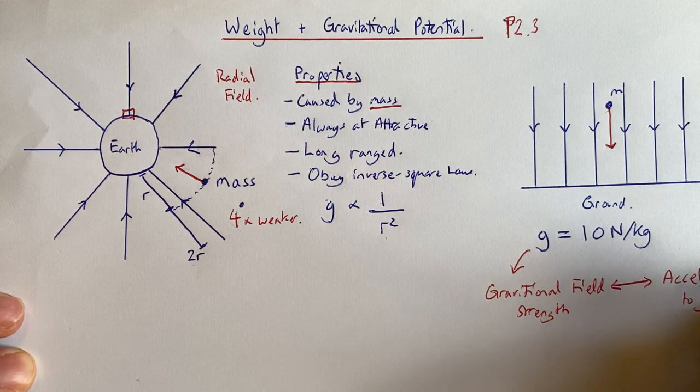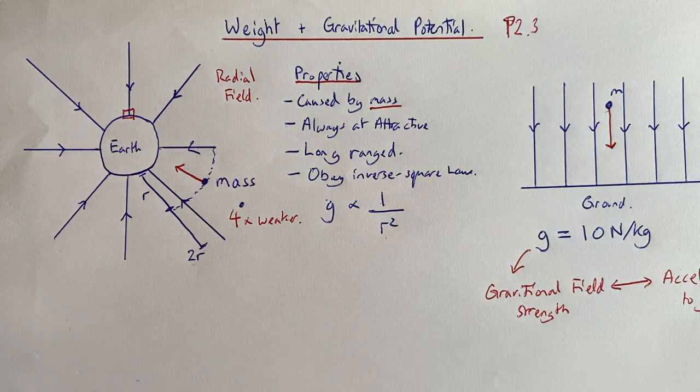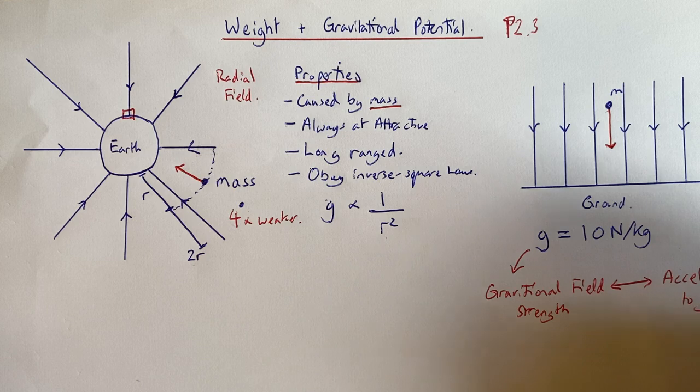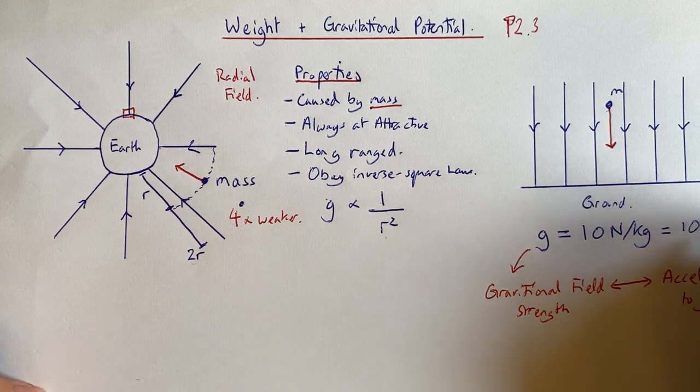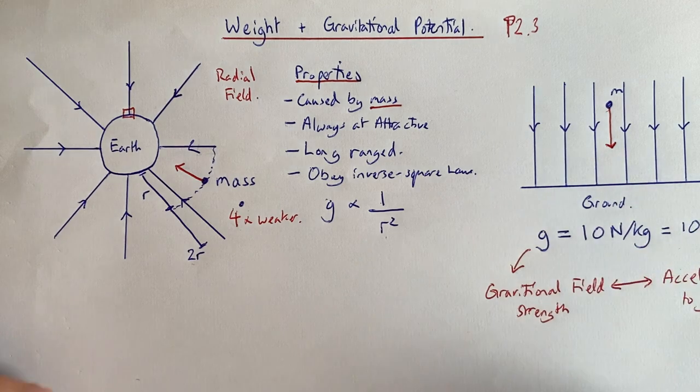So both of these terms you have to know because the exam board will use them interchangeably. And it is exactly the same thing. G is 10, but sometimes the units are given differently for acceleration due to gravity. It's given the units of acceleration, which are meters per second squared. So the key idea is you need to know that the Earth's gravitational field strength, the Earth's acceleration due to